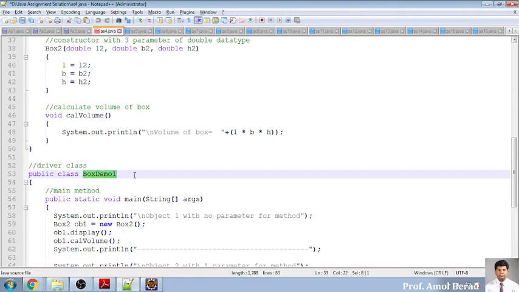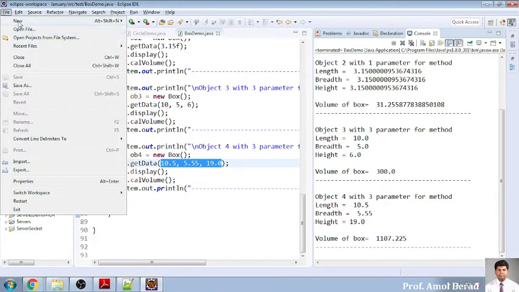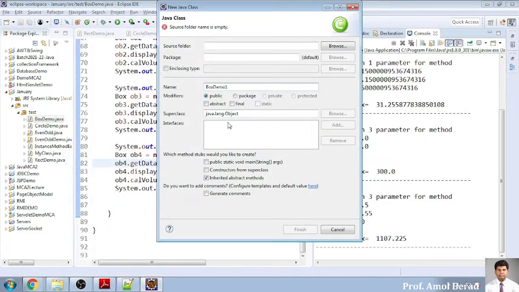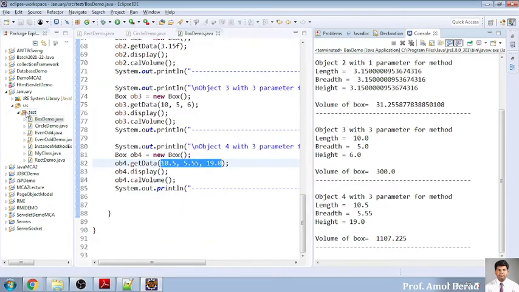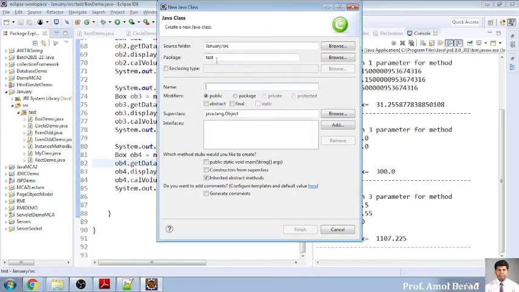This is box demo 1. Okay, so file new. I am giving a new name because if I used the same name, I will show you how this will be working. So box demo 1 is there, box demo 1 into this section? No, it is not there. One second, it should be in test. Right click, new class, because it was not finding the source here. Okay, so box demo 1 and I am finishing it.